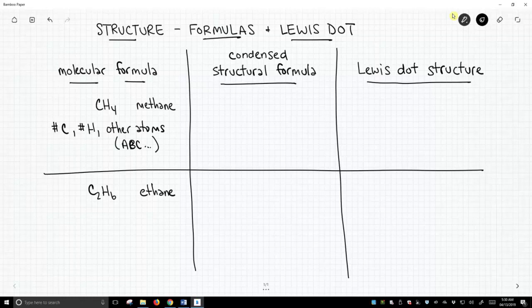So let's move to the next column, condensed structural formula. Now, methane is such a trivial molecule, there's not much structural information to convey. But in condensed structural formulas, it tends to list the molecule second row element by second row element. Now, methane only has 1 carbon, so there's not a whole lot to show here, but we'll see that in the next example. Again, methane's pretty easy, so we'll just move on to the next column.